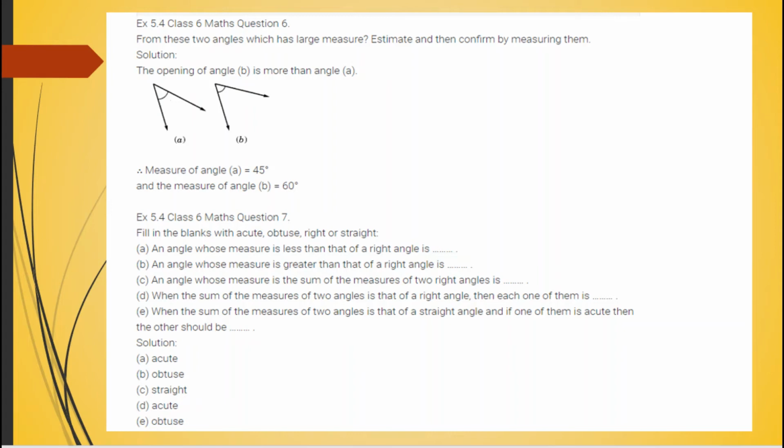Similarly, in the fill in the blanks question, an angle whose measure is less than that of a right angle is an acute angle. An angle whose measure is greater than a right angle is an obtuse angle. An angle whose measure is the sum of the measures of two right angles is a straight angle. When the sum of the measures of two angles is that of a right angle, each one of them is acute, and